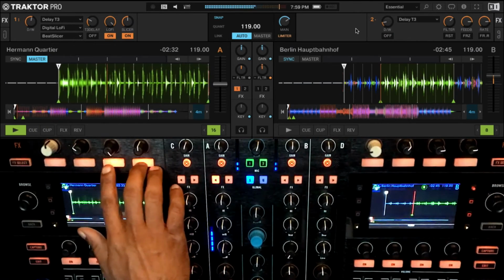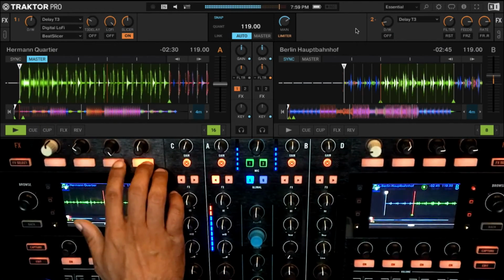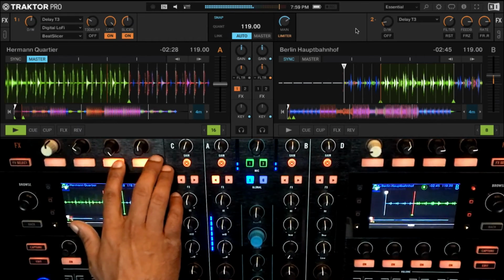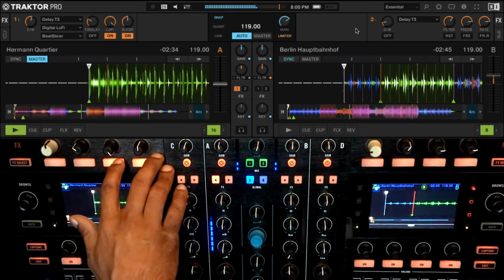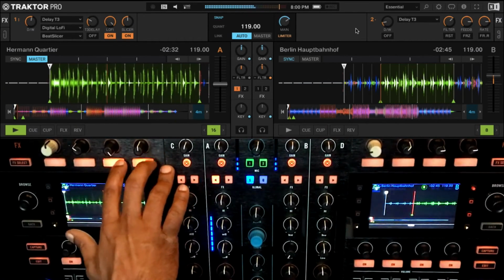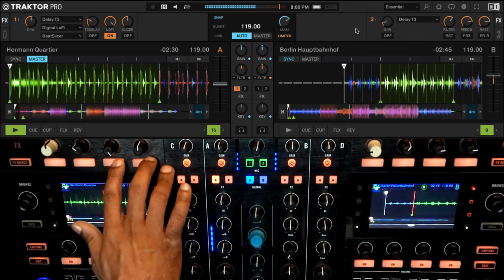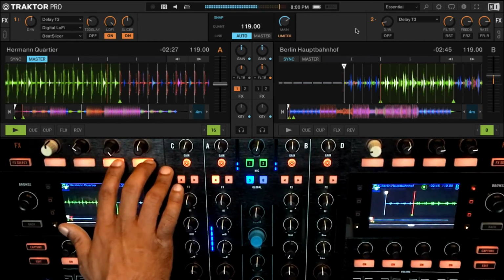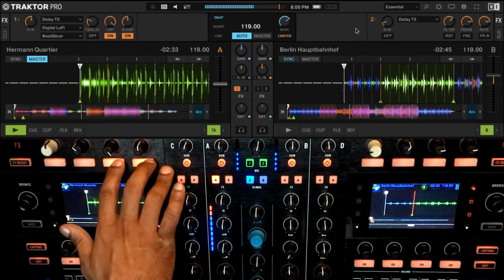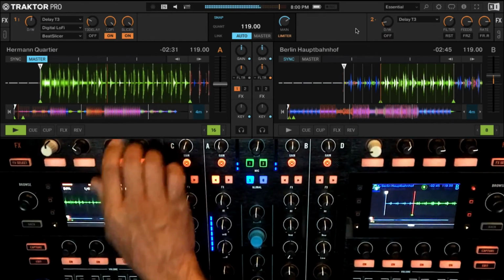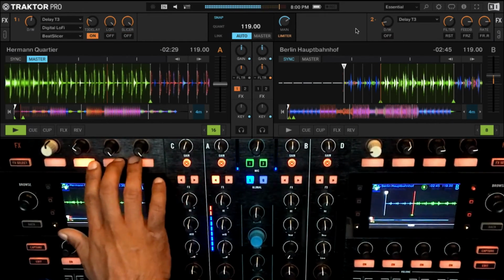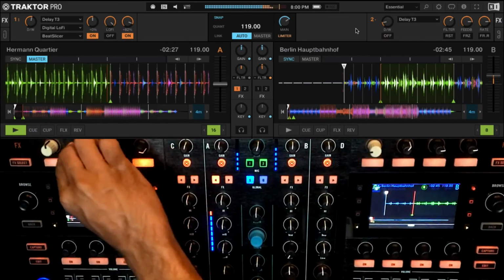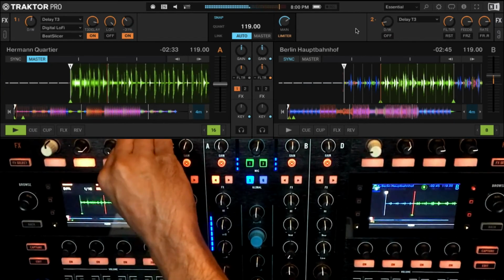Because you saw previously when I started with the slicer and then went to lo-fi, the lo-fi is not taking over the slicer. But this time, if I start with the lo-fi first, you see that, right? How the slicer is taking over the lo-fi. So it's very important in which order you switch them on.